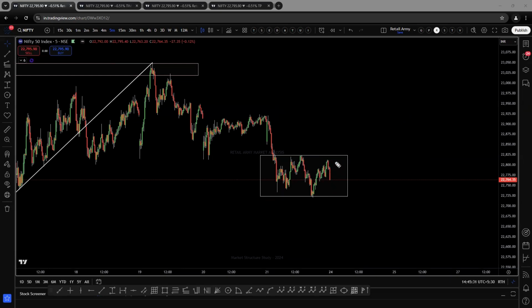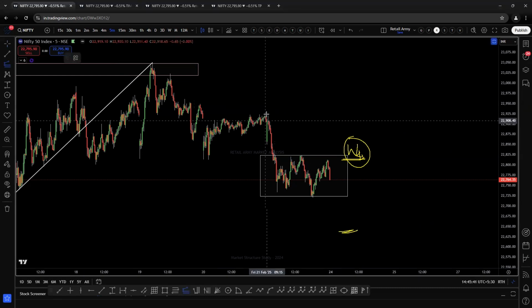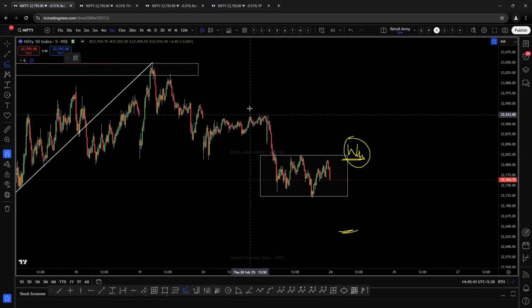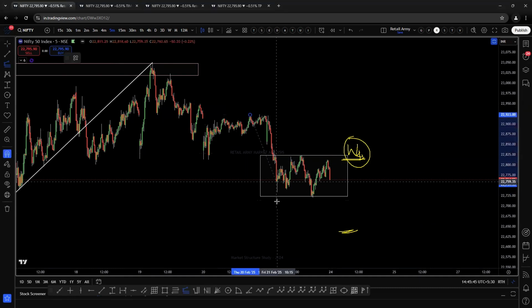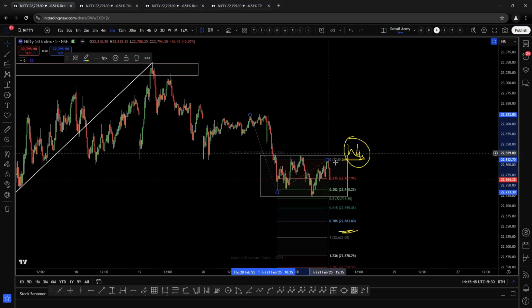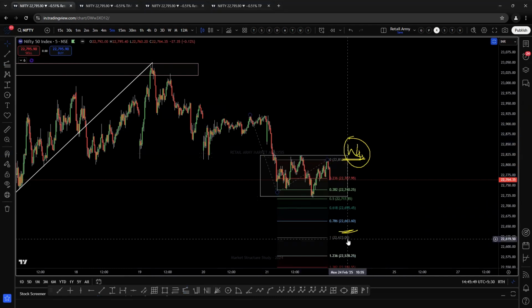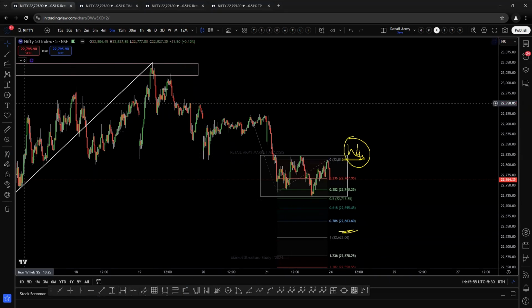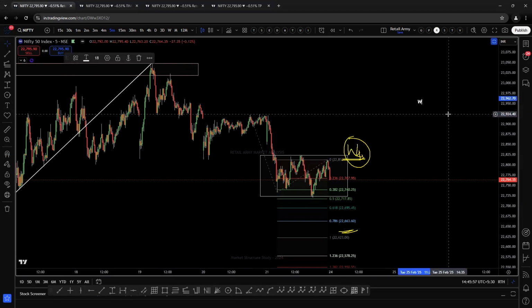If it is a wave 4, now we'll go to the second scenario. If it's a wave 4, what is the next move? It's a wave 5. Wave 5 can come in a gap down directly, no issues with that. Then this entire move should not cross 22,632. All right. So what I'm going to do right now is write down some notes here